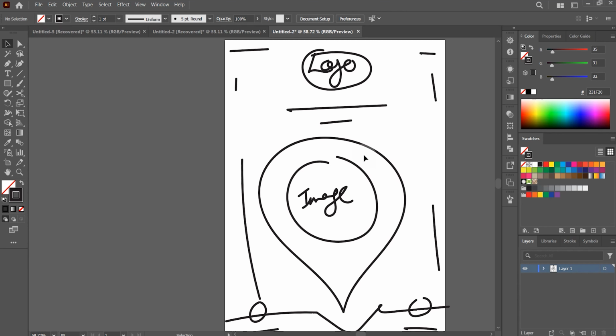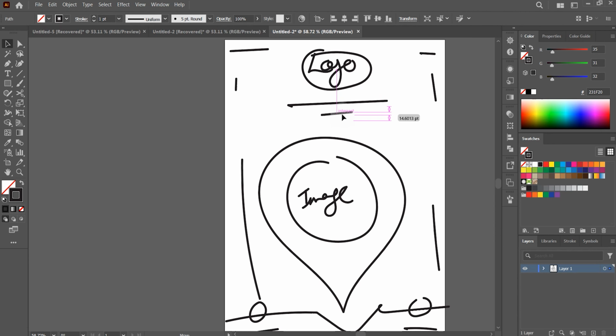So this is my idea behind the design. I'll keep the logo here. As you can see, this will be the position for the logo, and on all sides of the design I'll keep the leaves so that it represents the foodie part of the design. And here will be the main text, and after that there will be the subtext, which is going to be